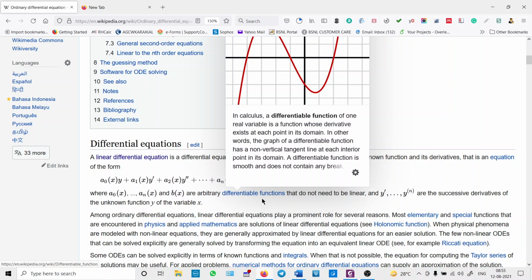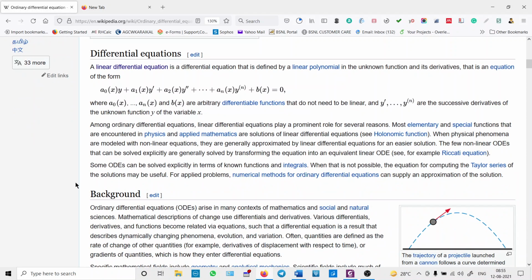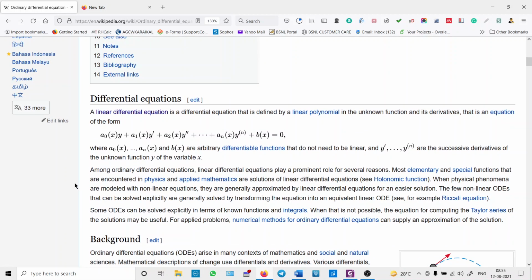Okay, they are differentiable functions that do not need to be linear. You know the definition of linear, and see these y dash and yn are the successive derivatives of the unknown functions y of the independent variable x. So this is the general form of a linear differential equation. Okay. So there are many applications of it, but here we will just discuss some brief points